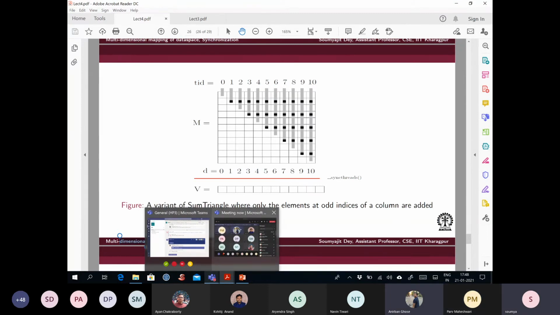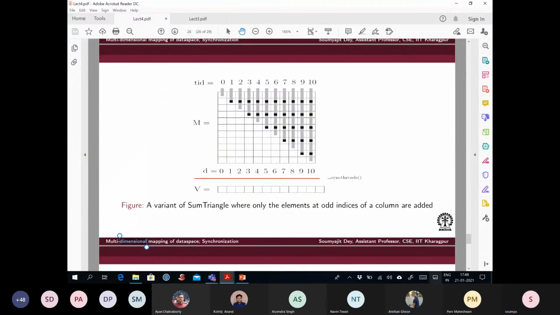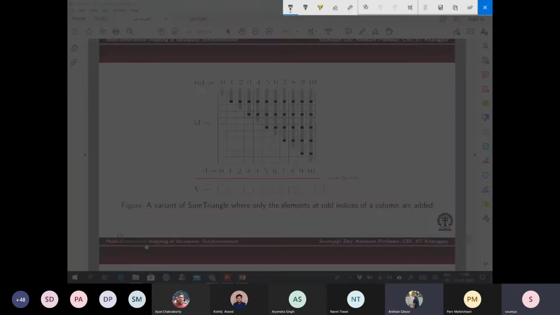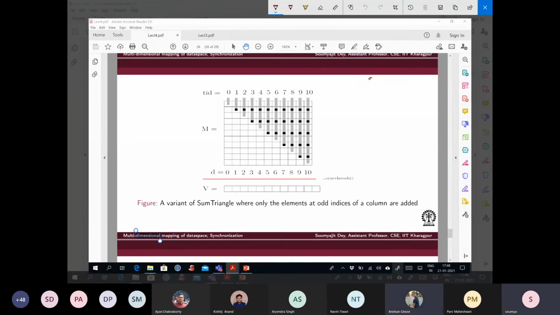Now just to clarify his query, what is an atomic operation? Suppose you have these threads executing, and there is a normal addition that has to be done on a shared variable, not local variables, but on a shared variable v. Suppose you are doing v equal to v plus some value I, which is computed separately by each of the threads. That means this thread is going to come and give its own I.